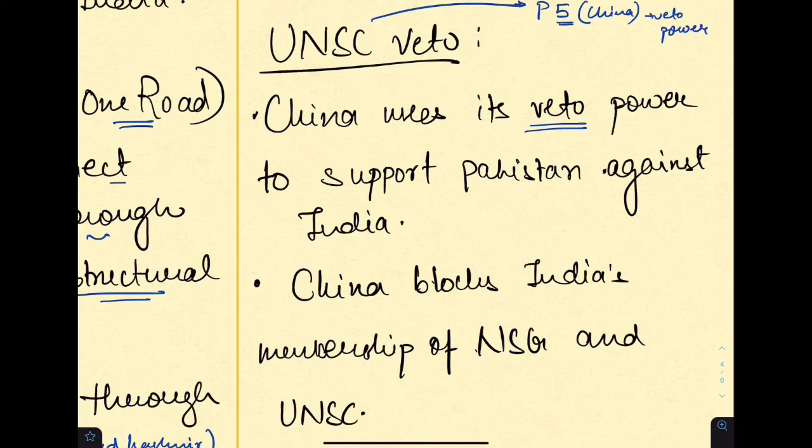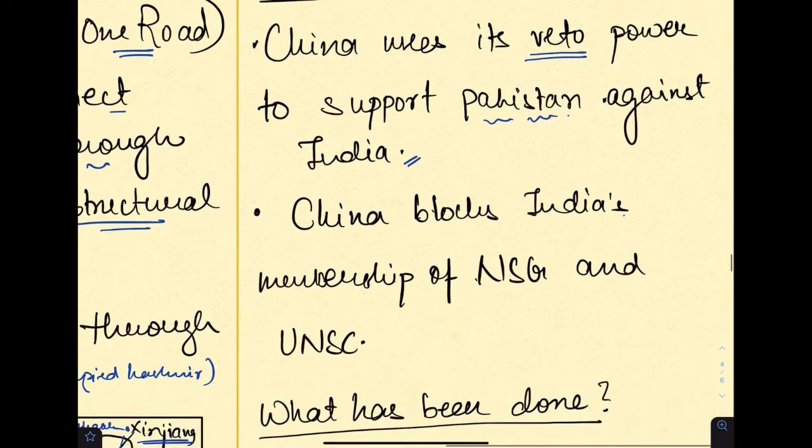What China does is they use their veto power to support Pakistan against India, or they block any resolution that is brought by India against Pakistan. So they veto it directly. China is also blocking India's membership of NSG, that is Nuclear Suppliers Group, and the UNSC itself. So there is this demand growing that the UNSC should be expanded, and China is